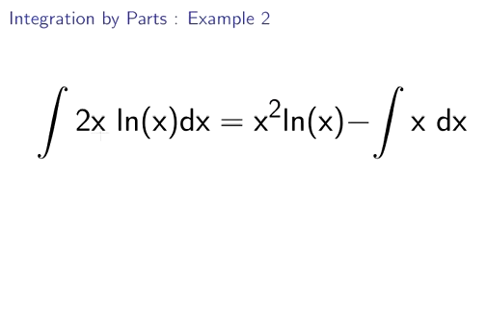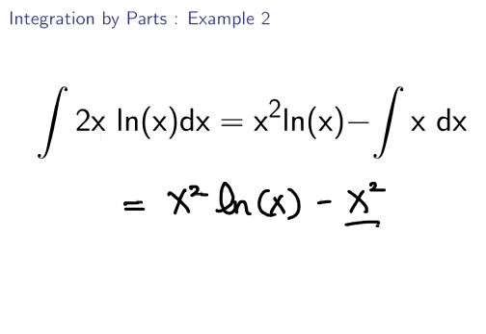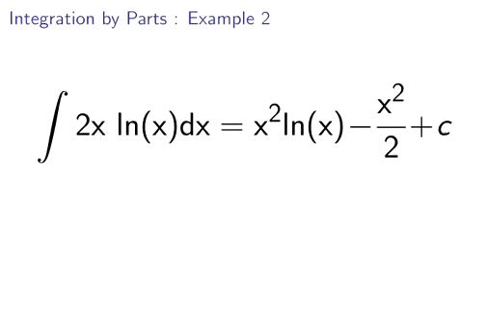The last part of the expression is simply that we have to perform this little calculation here. We found the integral of v du to be the integral of x dx. So essentially what we have to do is just perform that last little calculation. So we have x squared ln of x minus x squared all over 2. Now we put in the constant of integration there because this is now our final full answer, and we have solved the problem. There it is there, and that ends